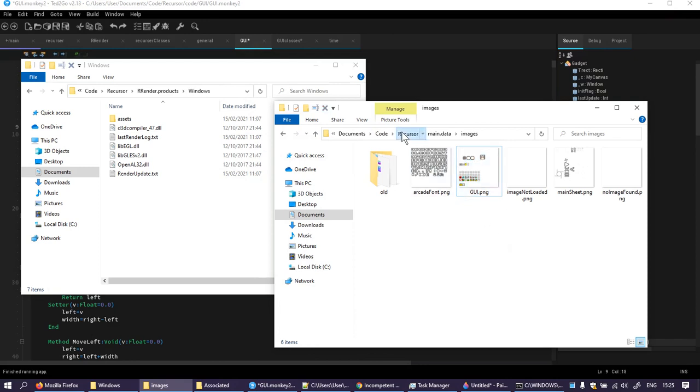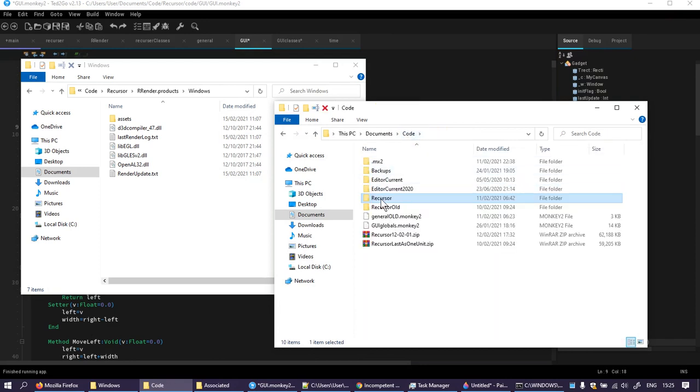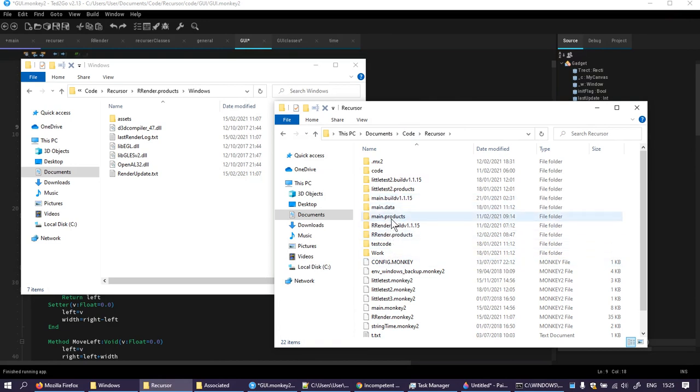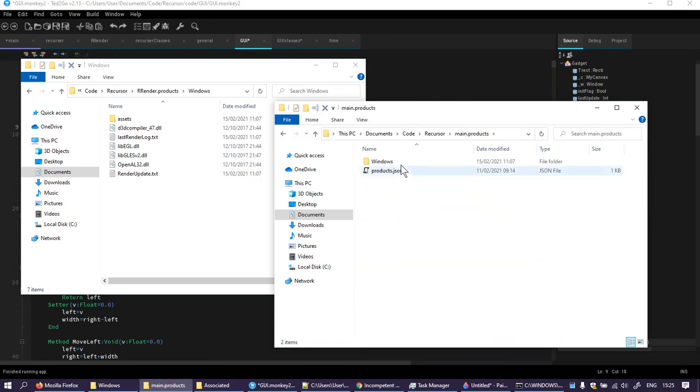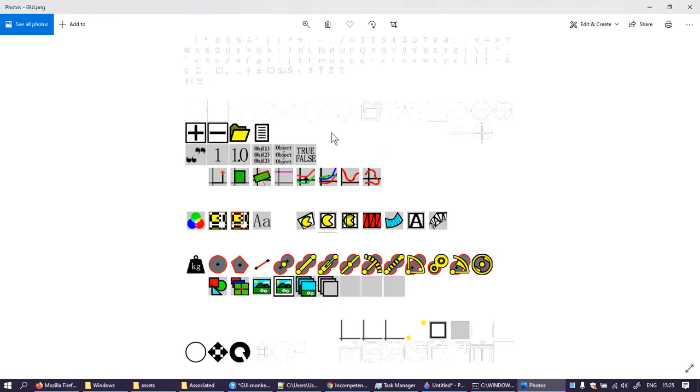If I look at recursor, main product, Windows, assets, GUI pung. Yeah, this is the up-to-date version of the GUI pung. All this rubbish is to do with my editor, the other piece of editor code I'm working on. So,